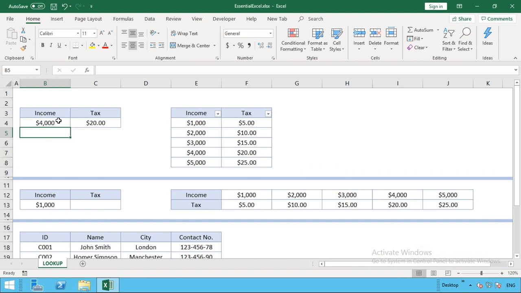Alternatively, if we enter a value that's not present in that table, so you can see everything is going up in increments of 1,000, let's enter 3,500. You can see we now return a result of 15. You're probably wondering, why does it pull back a value if it's not in there? What it's going to do is an approximate